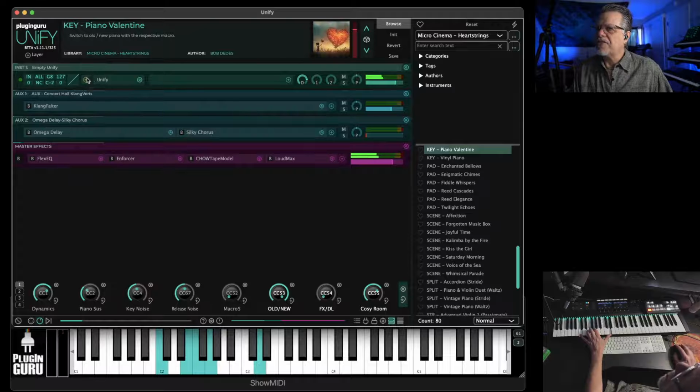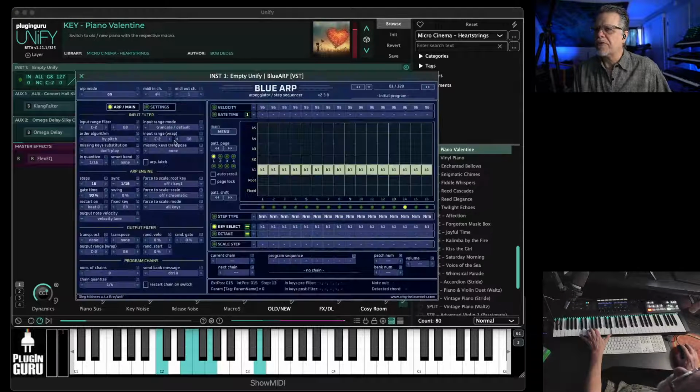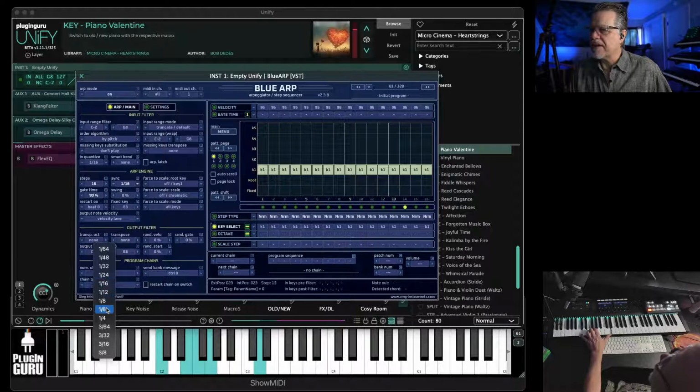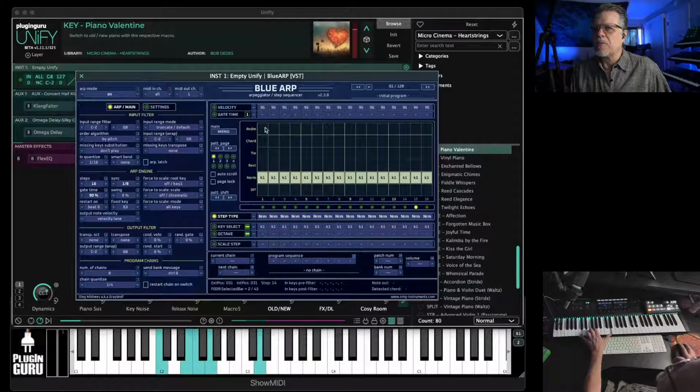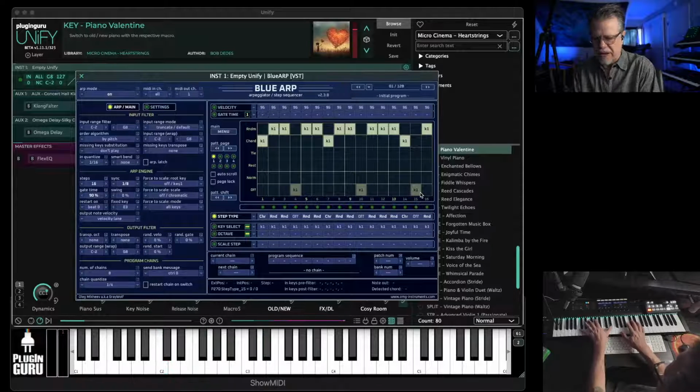And then at the top layer, I'm going to add an arpeggiator. Let's add Blue Arp just for fun. And I'm going to set it to 1/8 notes for its timing. And I'm going to go to step type and say randomize for everything to start with. And then I want chords to hit every now and then, and I want other notes to be off. So let's just go, I'm just randomly choosing stuff. So now we have a,